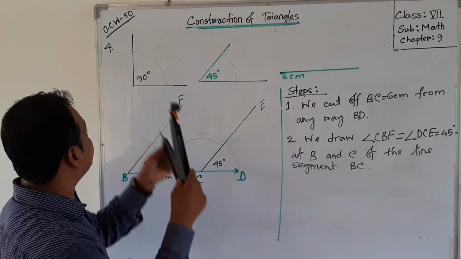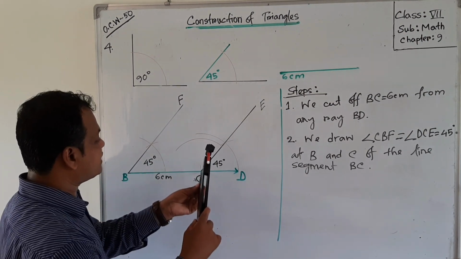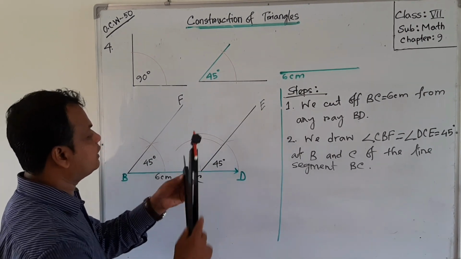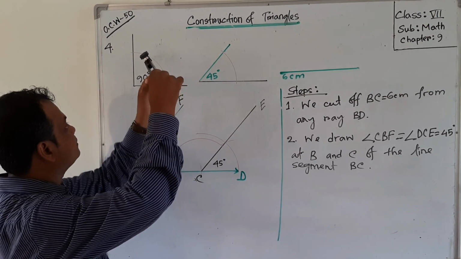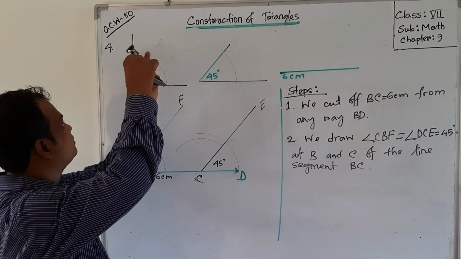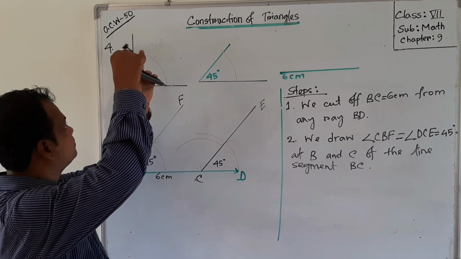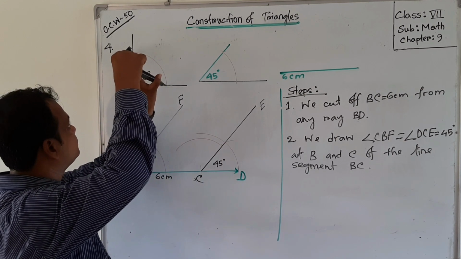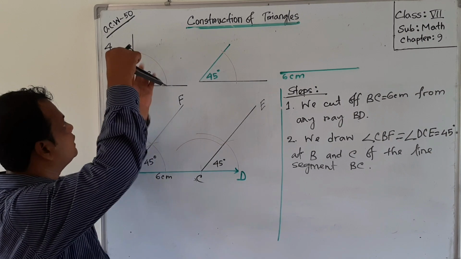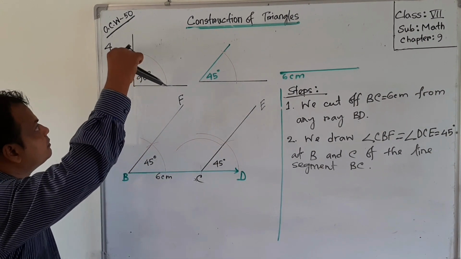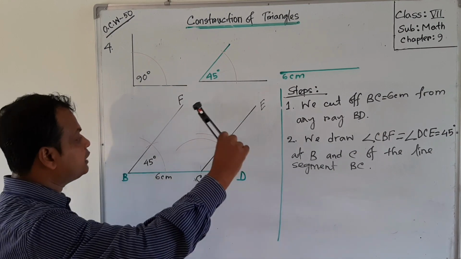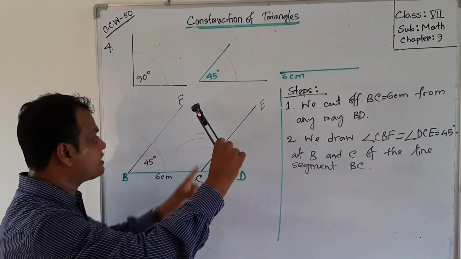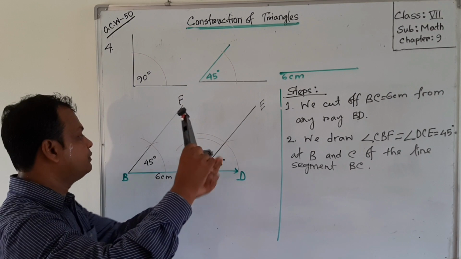So we have taken this radius, and with center C we draw an arc. Now take this radius, take the radius of this part, and with center here, this is the center, we will draw the 90 degree angle on CE. So cut it here,